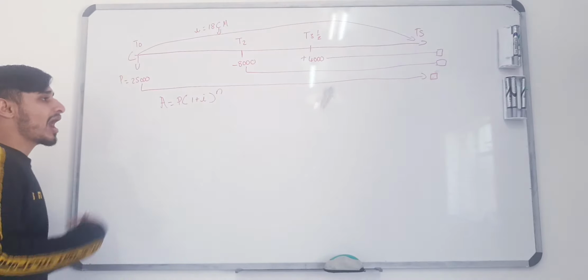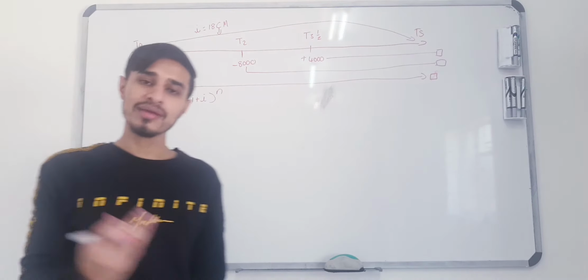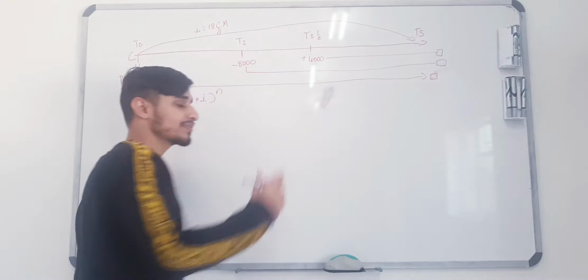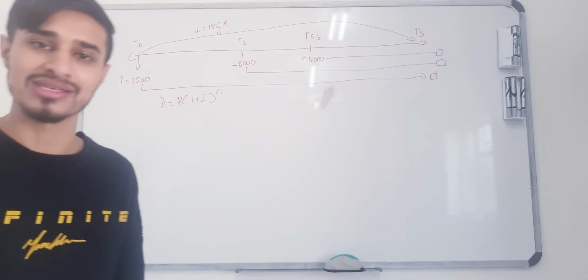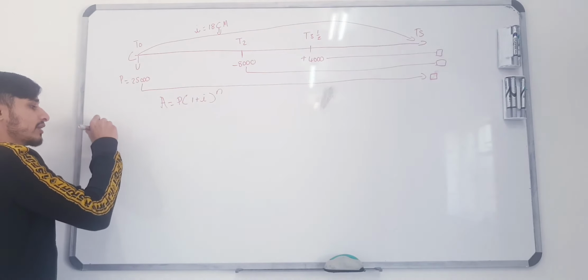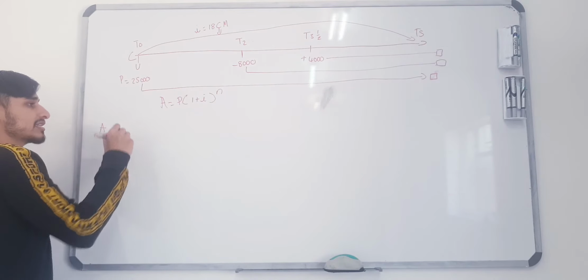Now remember, I put this as a minus here, so that reminds me that I need to subtract this amount. I put this as a plus because that reminds me I need to add this amount. So let's first take the 25,000 to the end. So we're going to go ahead and say A is equals to